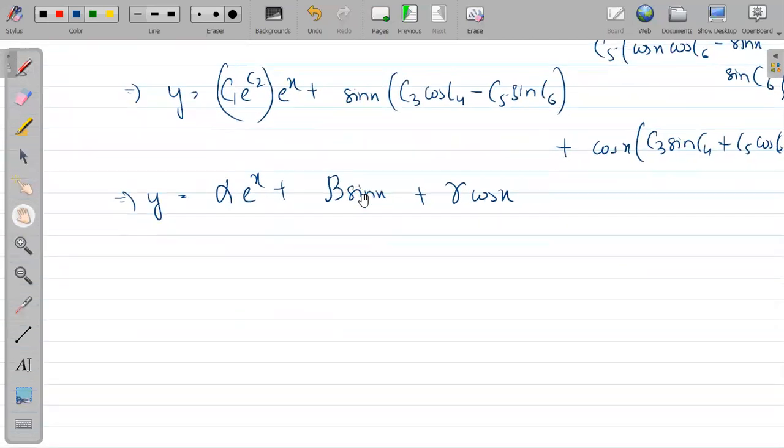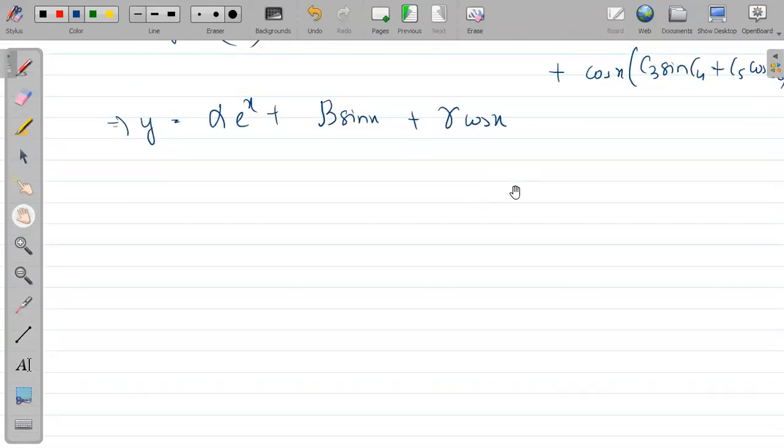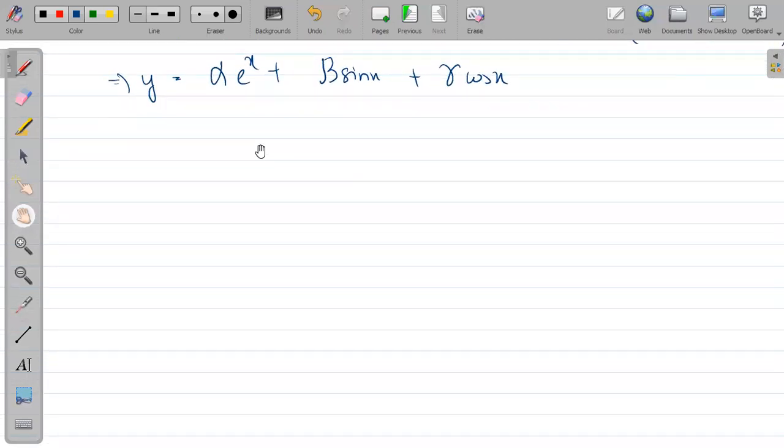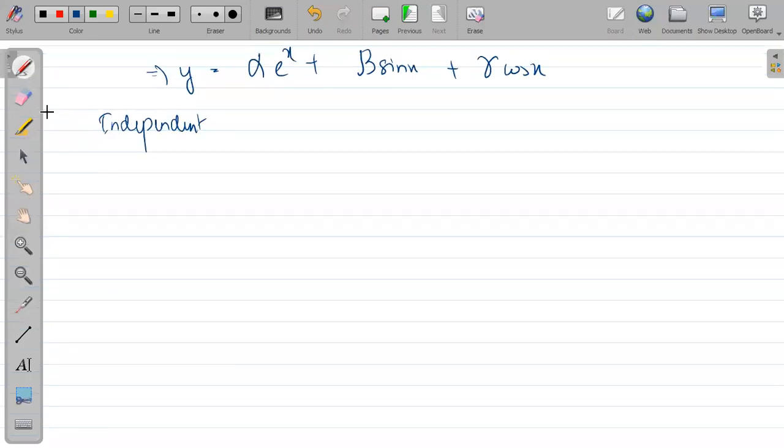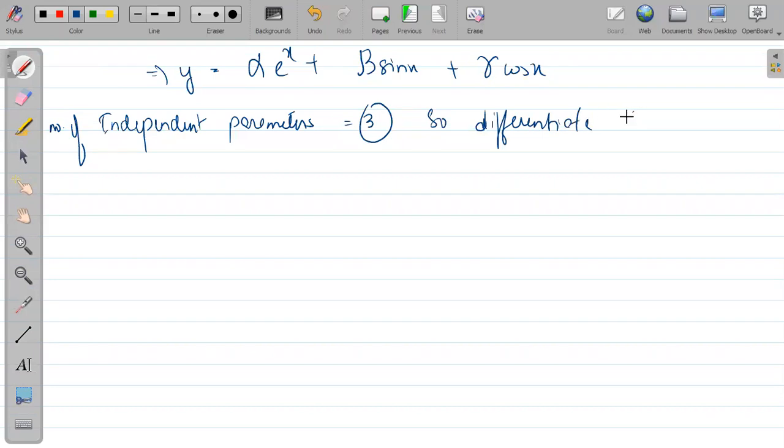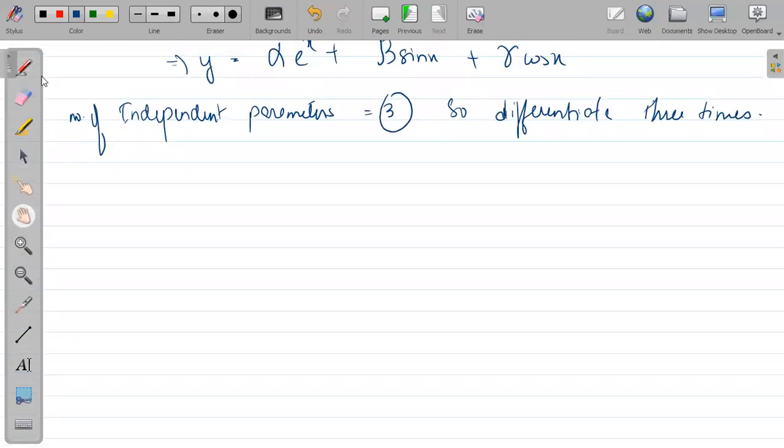So exactly there are three arbitrary constants or independent parameters present actually, which is the most simplified form. अब आपको 3 बार differentiate करना है. This is what I was saying about. Now differentiate 3 times. The number of independent parameters is 3. So differentiate 3 times directly. After differentiating, you should look for eliminating. But पहले एक बार कर दो जो भी होगा.